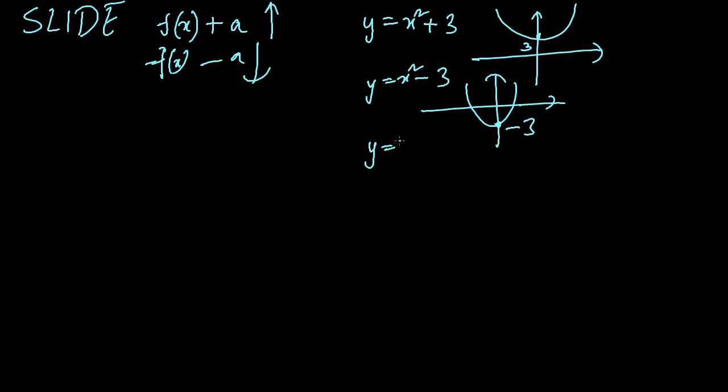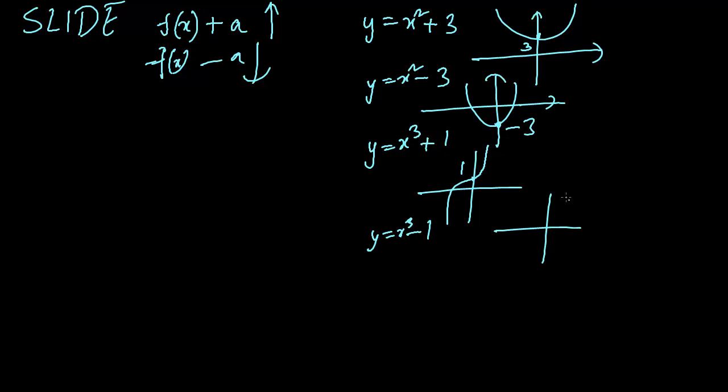Then we can slide around x cubed plus 1. So then the entire picture goes up. So this is 1. If you have x cubed minus 1, the entire picture goes below and it cuts here, minus 1. It's pretty easy, straightforward sketching. And here again, you wouldn't know where it's cutting here unless you put y equals 0. Then you'll find out this is 1. And the other slide we have